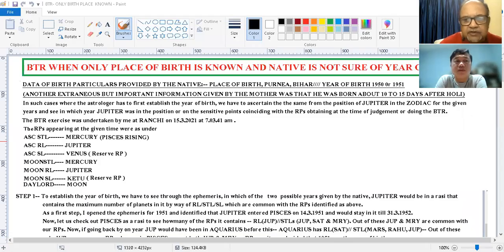So anyway, I'm opening the screen now. Can you see here? Can you read what is written? Yes, BTR when only place of birth is known,